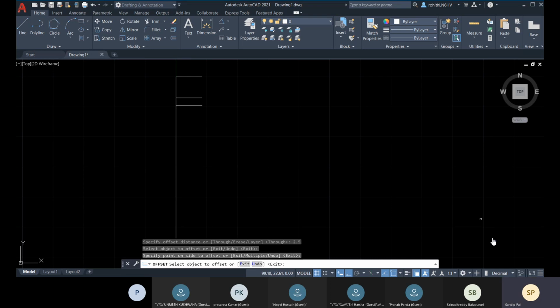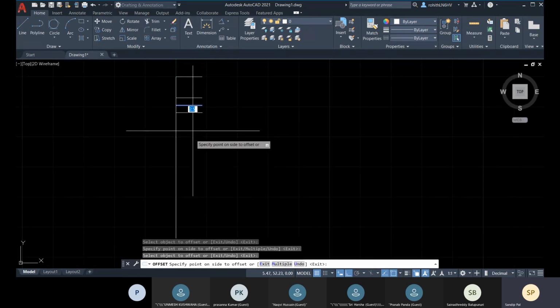Those who are aware of AutoCAD used to escape from this command when they needed any other value, and put the value again and then again. Without escaping this command, here it's showing you 2.5.